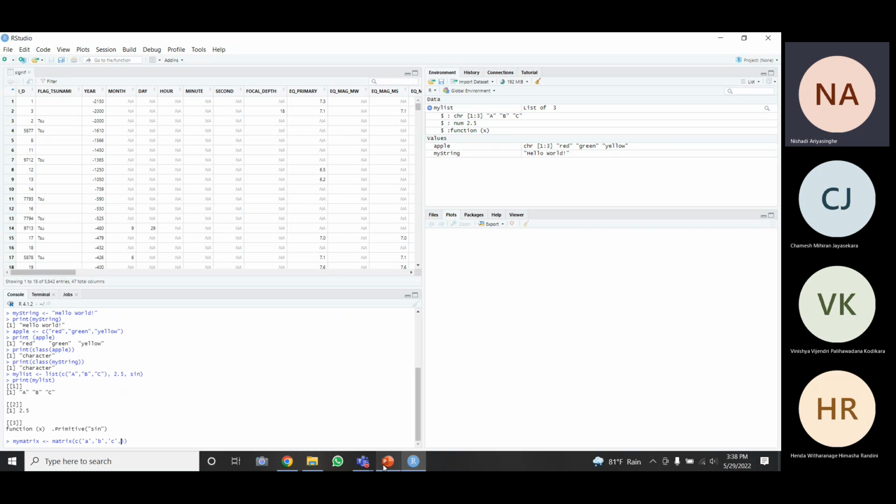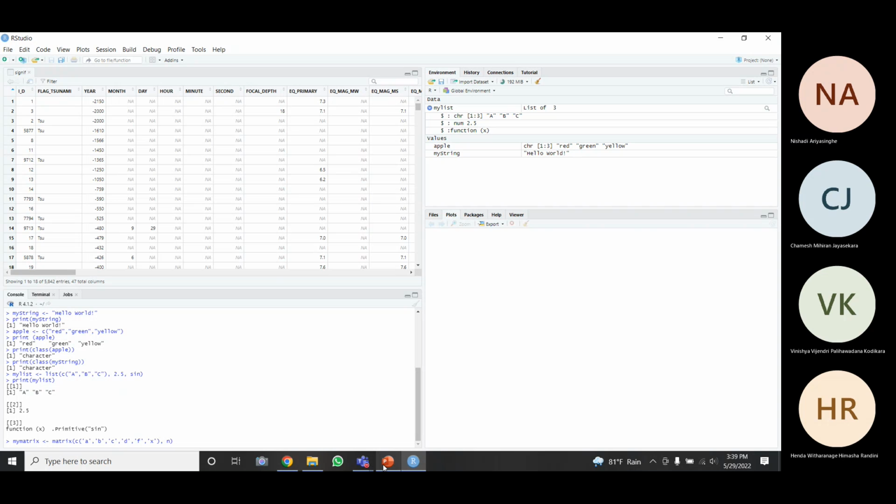Just simply go on typing all the values that you need to include in your matrix. I have typed 6 values because I am planning to create a 2 by 3 matrix, right?